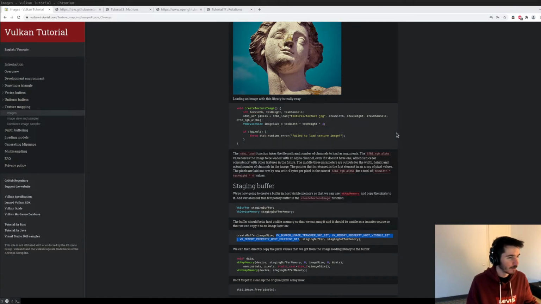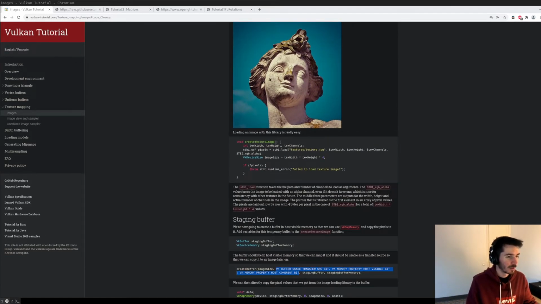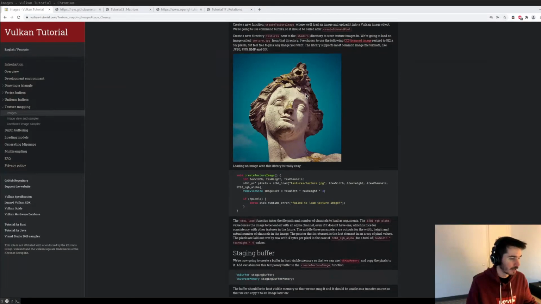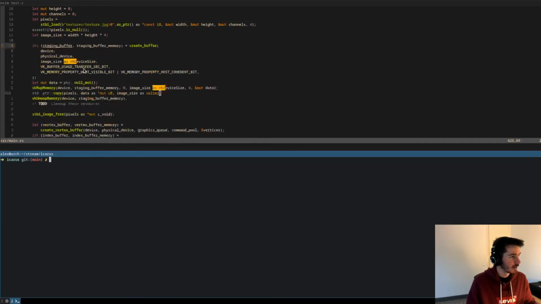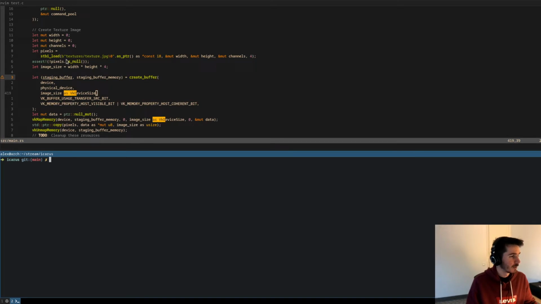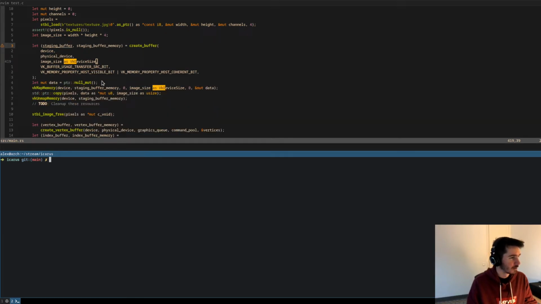Today we're gonna try to continue with the Vulkan tutorial and put some texture on the screen. So last time we left off loading the image using the STB library. So you can see here that we implemented some bindings for STB instead of using a crate. So we were able to load this JPEG texture, and also we created a staging buffer and copied the data